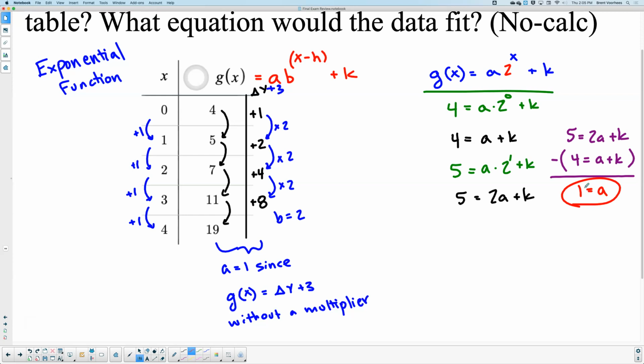And now that I have that variable, I can just plug that into either equation. Since I have this one right here, we'll plug that in. So now, instead of 5 equals 2a plus k, I'm just going to say 5 equals 2 times 1 plus k. So 5 equals 2 plus k. What is k going to be? That's correct. When we subtract 2, we find out k is